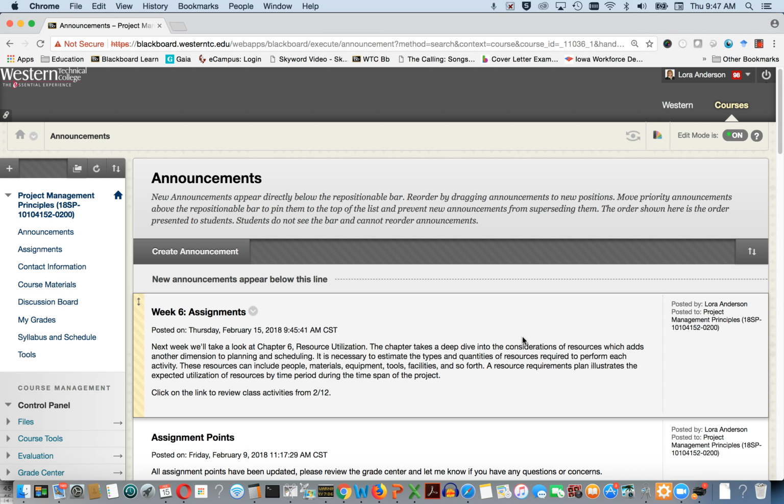takes a deep dive into the considerations of the resources that you're going to add to your project. So this is part of that dimension of planning and scheduling. So that adds another element of complexity to the project, but it's very necessary to estimate the types and quantities of resources that you're going to need to perform each of the activities in each of the areas of your